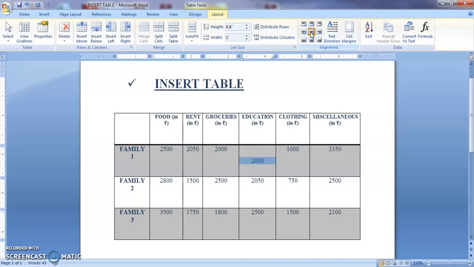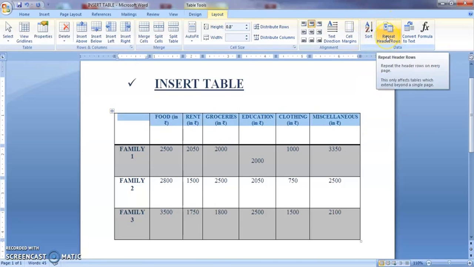Just select this. Okay, as I have selected only the single cell, it is showing the change. If I am going to select the entire table, it is applied to the entire table. Okay, so even if you have to make changes in the direction of the text, that can also be done. Okay, so these are some of the options available. I'll show another option. When I'm placing my cursor in the first row of this particular table, this is the first row. When you are selecting this, you can see under the data you have an option called repeat header rows.